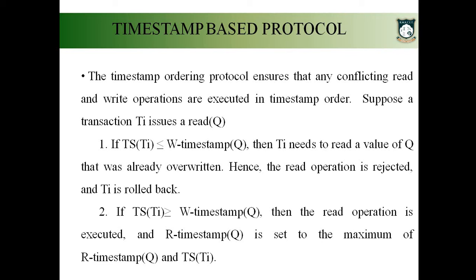As I already said, this timestamp value decides the order of execution of the conflicting instructions. Whenever we have conflicting instructions, which statement will be executed first will be decided by the timestamp value. Only the statement with the least timestamp value should be executed first. If T1 started first and T2 started next, then what does it mean? T1 should be executed first, followed by T2. Okay, so the timestamp value decides that.